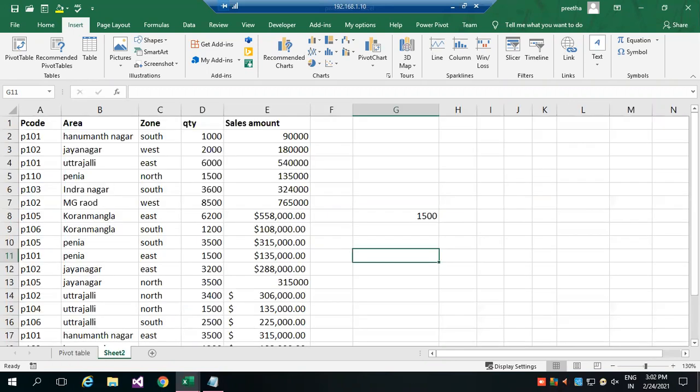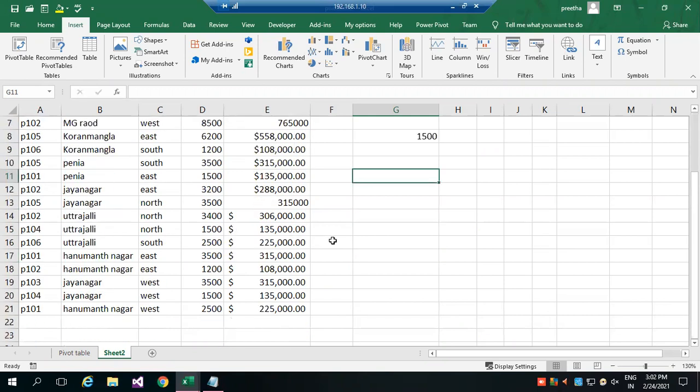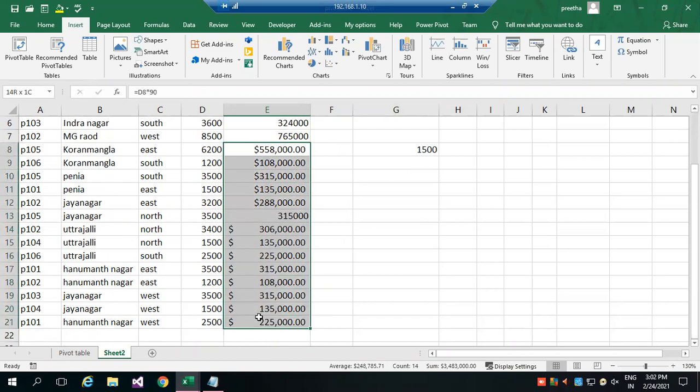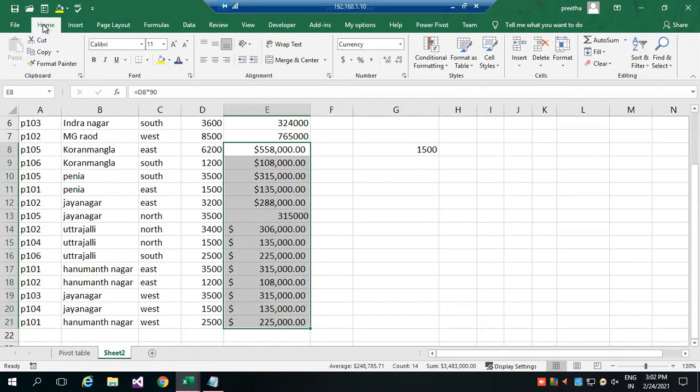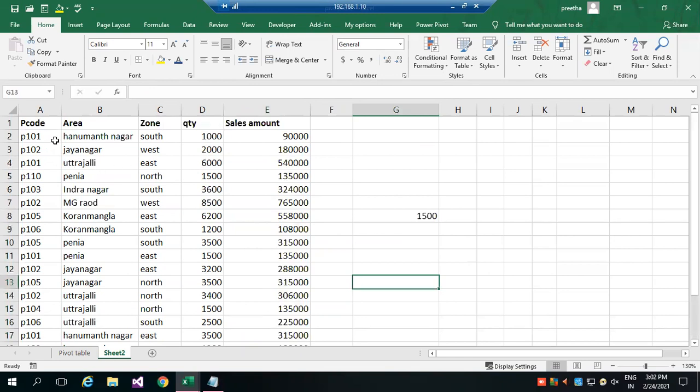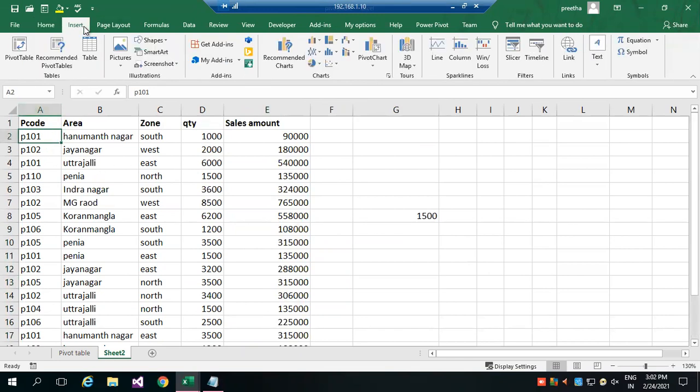So if I want to create a pivot table, the first thing is I should have a table. You can prepare a table with respect to sales, marketing, or performance, anything. So first we need to have data. Then place the cursor inside your table, click on insert, pivot table.